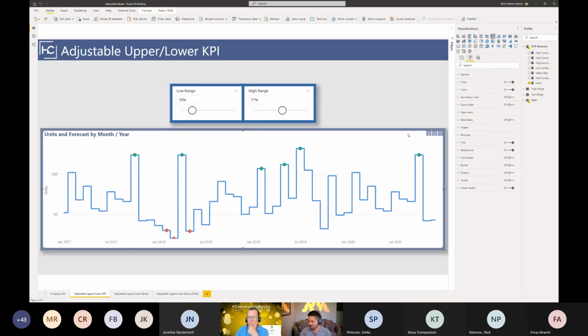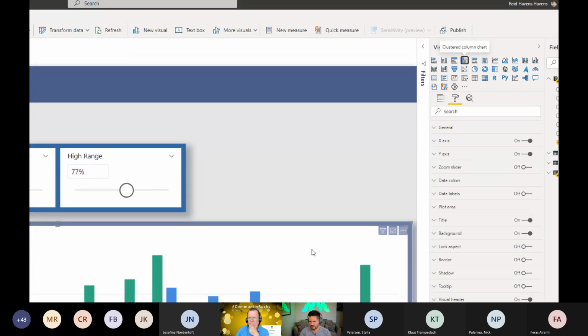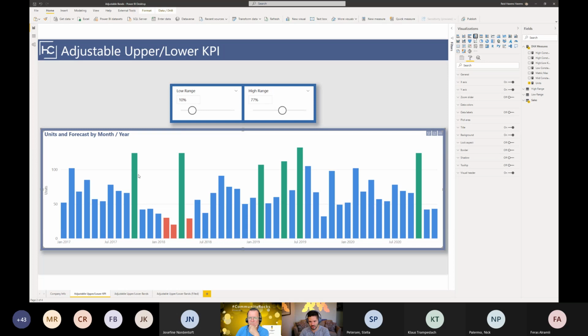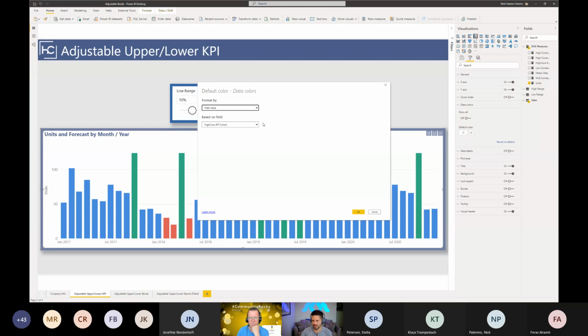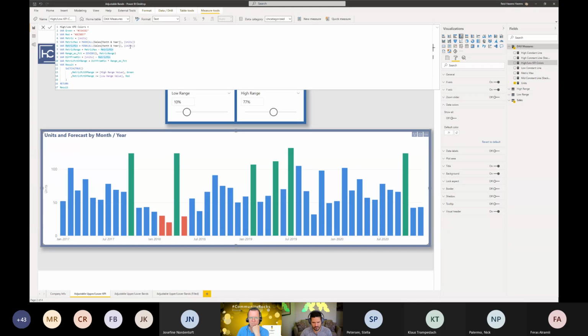Okay, so in here, I'm going to convert this back to a clustered column chart. There we go. And you can see that as a column, instead of the dots, it's calling out the bars. But now I can come in here and show you the coloring, the measure that's being used, and walk you through how I was able to call out just some of the bars, not all of them. With the f(x) symbol indicated here, it is based on a field value, which in this case is high and low KPI colors. So let me show that one right here, and we'll talk about the measure itself.